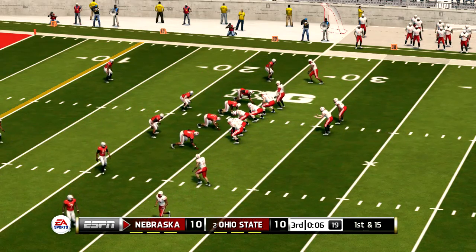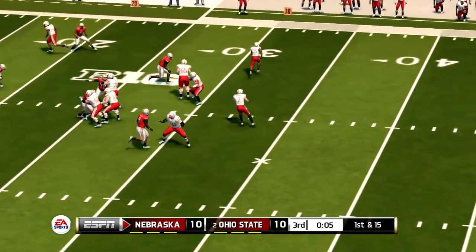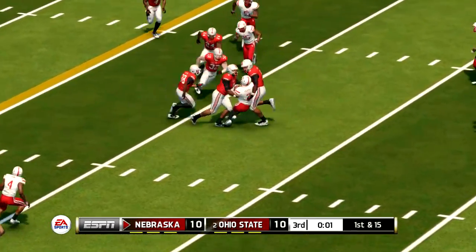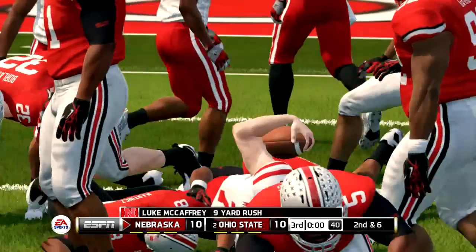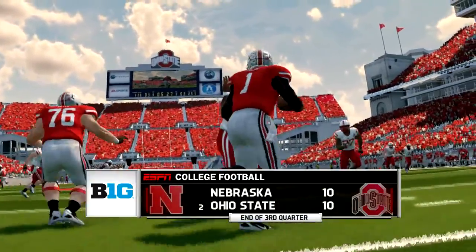The Cornhuskers had one of their key guys go down earlier, but it looks like he might be able to return. He's scrambling. And he tackles him hard at the 16. So at the end of 3, this one's all even at 10. It's 2nd and